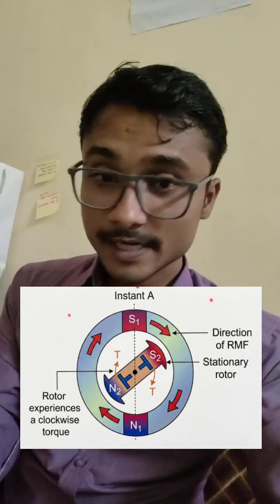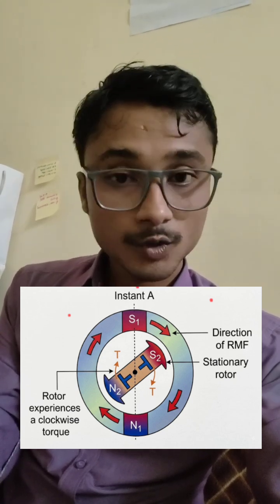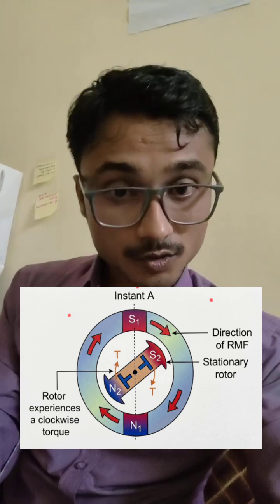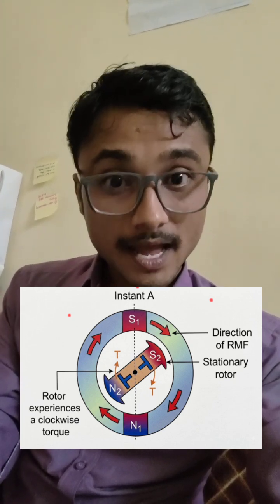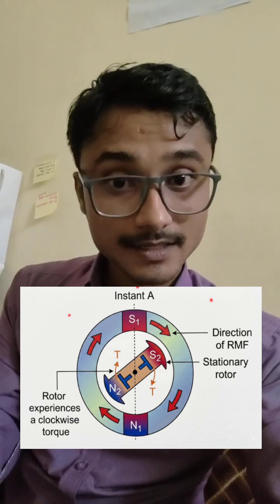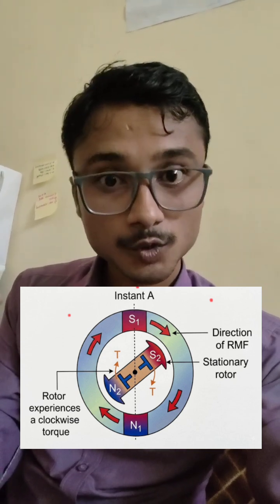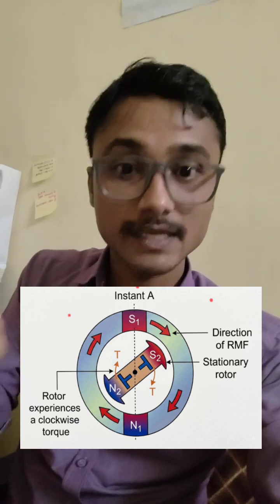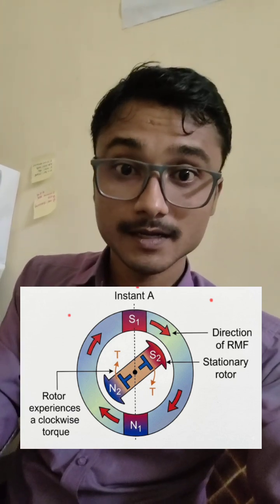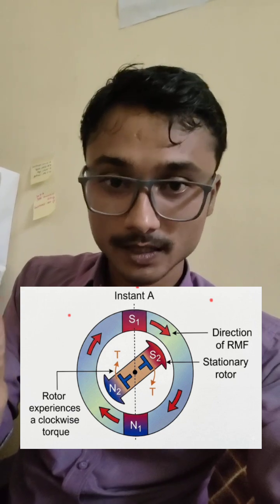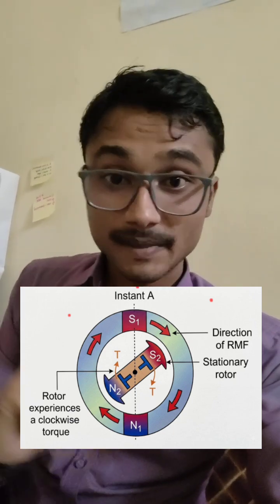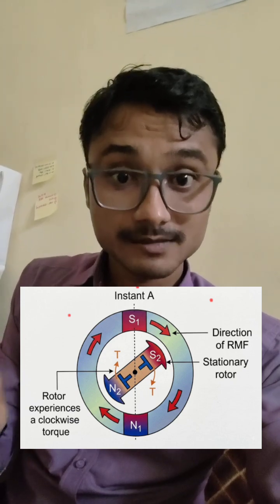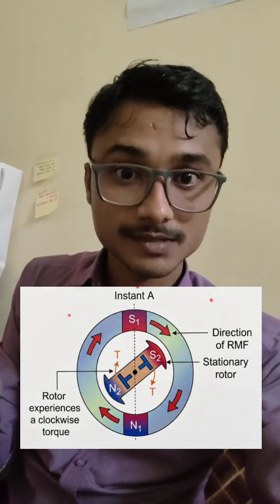Initially, the rotating magnetic field of the stator is rotating in a clockwise direction. At that time S1 and S2 repel each other, so the torque on the rotor will be in a clockwise direction. They exert a torque on the rotor in a clockwise direction, but suddenly and rapidly, as I told you, the revolutions per second of the stator field poles are 50